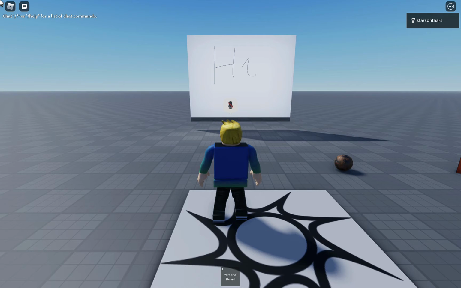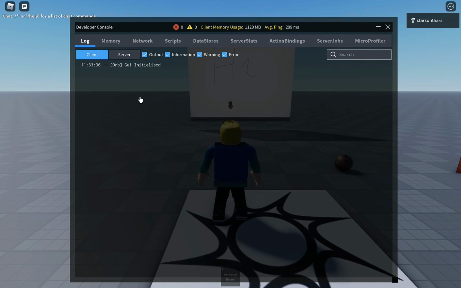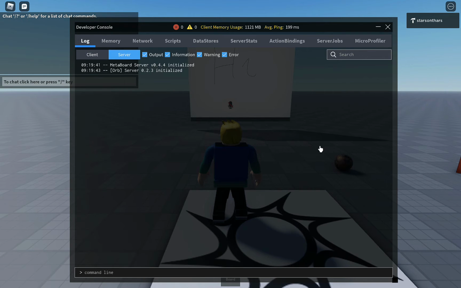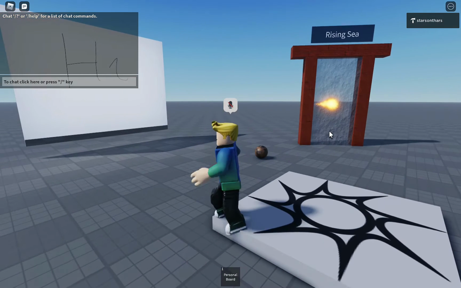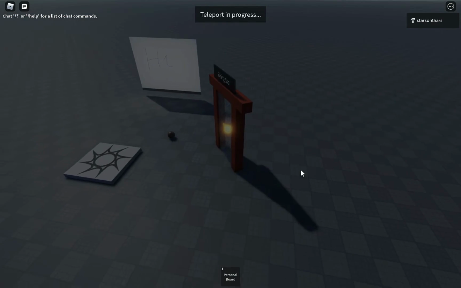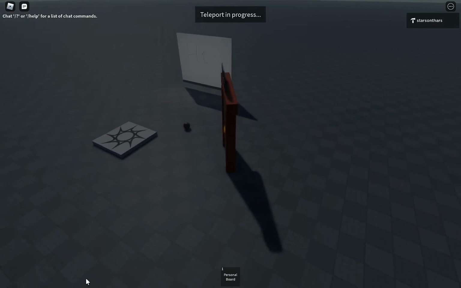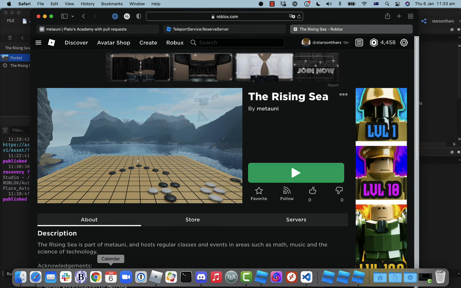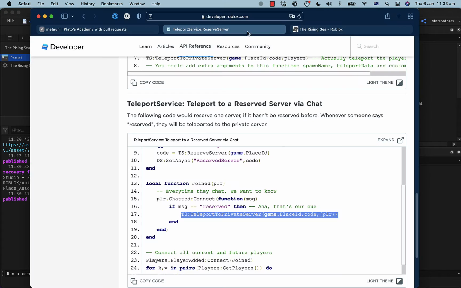Hey, there it is. Okay, that was almost boring how well it worked. So let's see. Can we pass something when we call TeleportService?